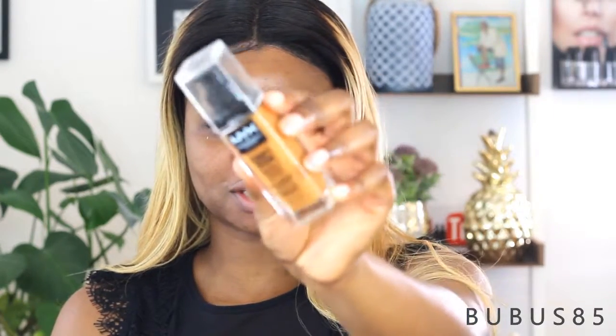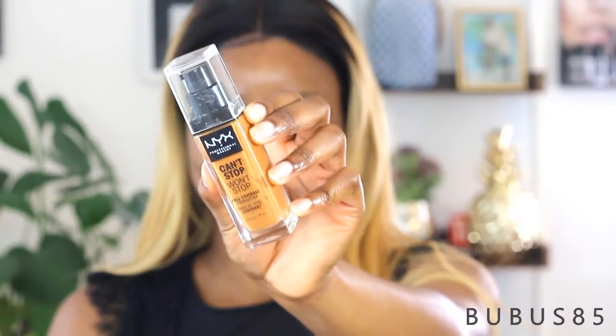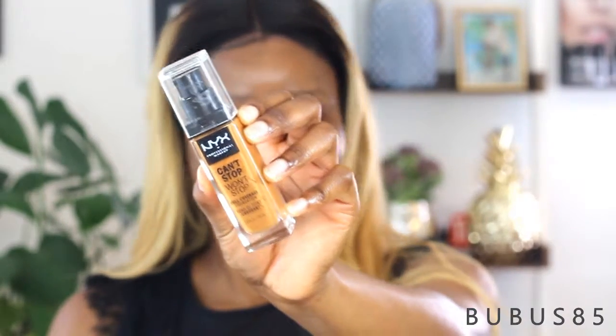So guys, today I'm going to be doing a first impression on this NYX Can't Stop Won't Stop foundation. This is a very beautiful foundation which I've been dying to have for quite some time now. It has been on the market, I think, for 8 to 9 months now, if I'm not mistaken. So I bought the foundation in the shade Cappuccino, and I also got three